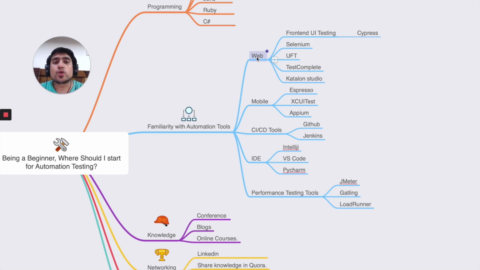Selenium, again, is a great tool. Even if you are just starting out, you have to learn Selenium, because right now people will ask you questions related to Selenium, and I highly recommend getting the basics first. You can learn TestComplete and Katalon Studio. These are again players depending upon the requirement. If you are applying for a particular job, or targeting a particular set of companies where TestComplete and Katalon are used, definitely go with it. If we talk about mobile, Appium is one player that you need to learn.